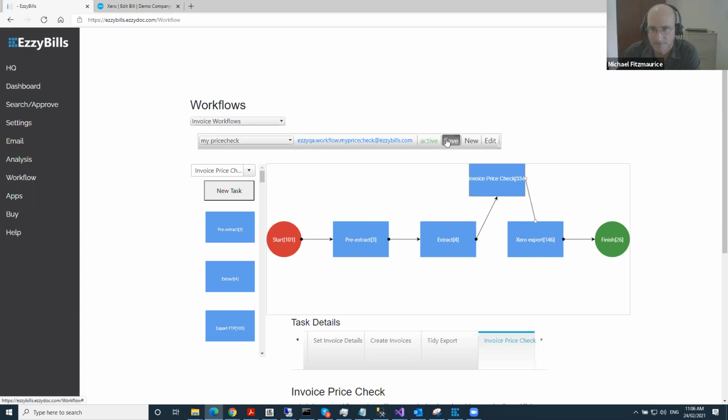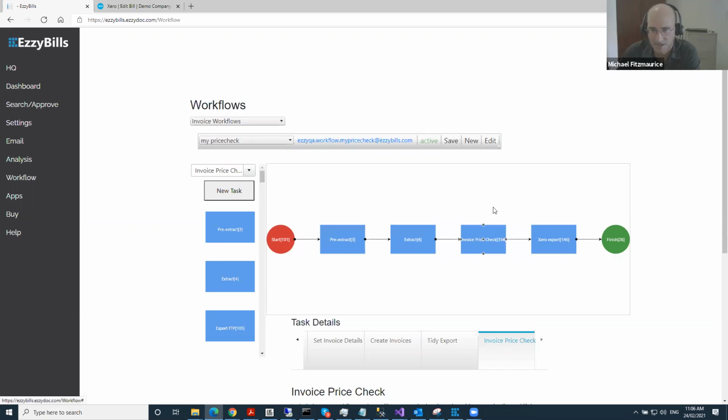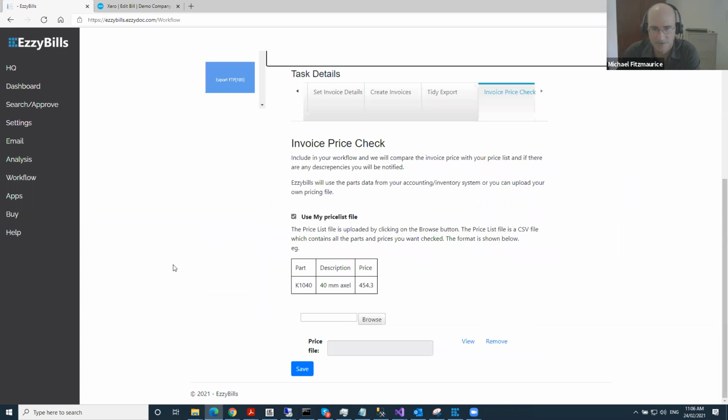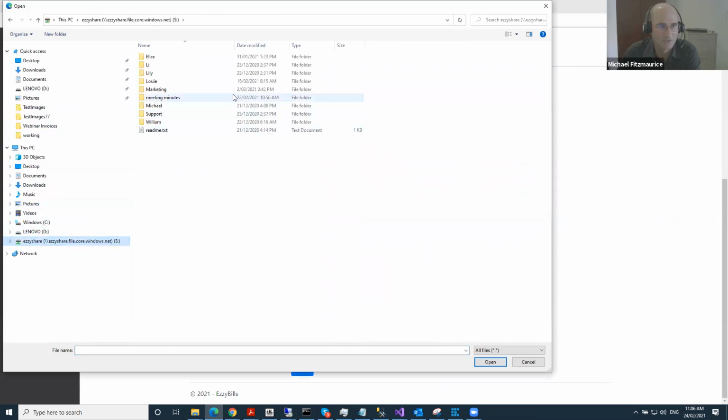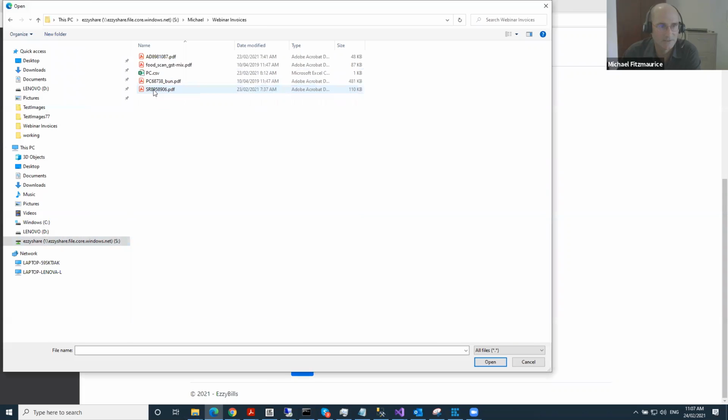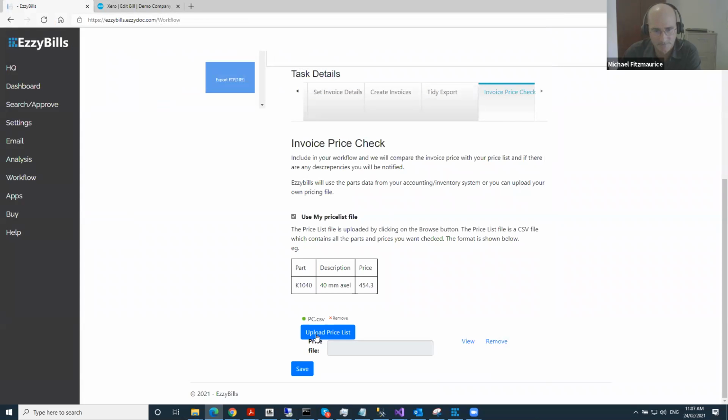All right. So now I've created my workflow. So what I want to do now is upload a file. So just go and browse for the file that I wanted to upload. And I put it in here, and it's a CSV file. So I'm just going to upload that, upload the price list. Now, if we have a look at it,